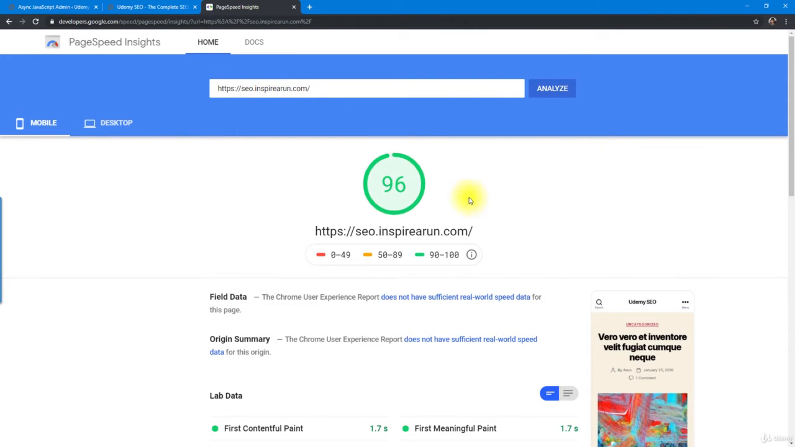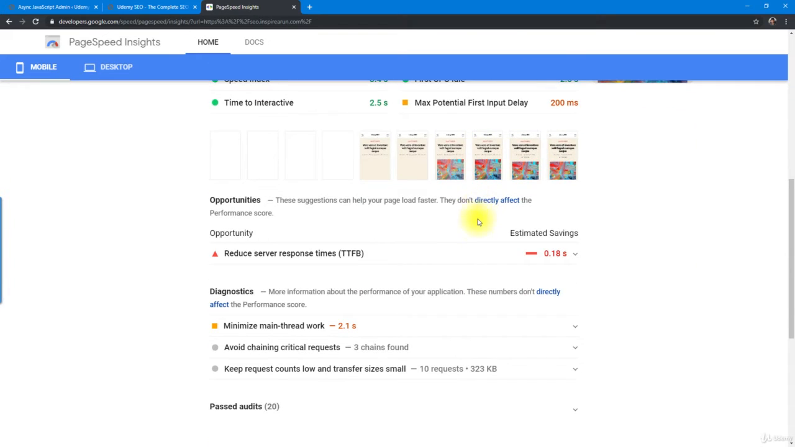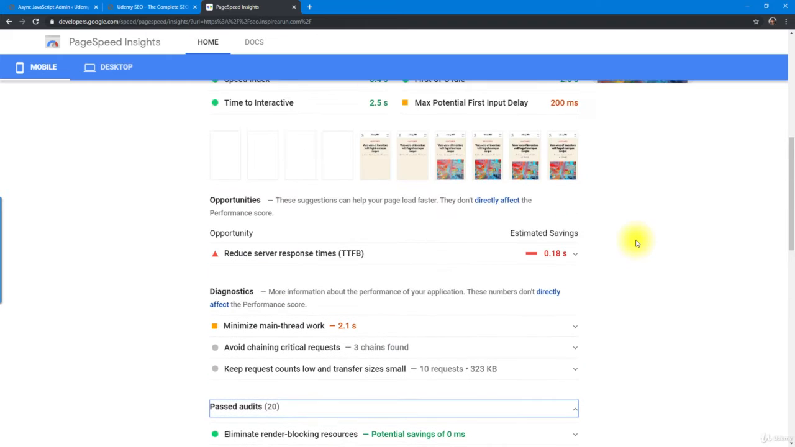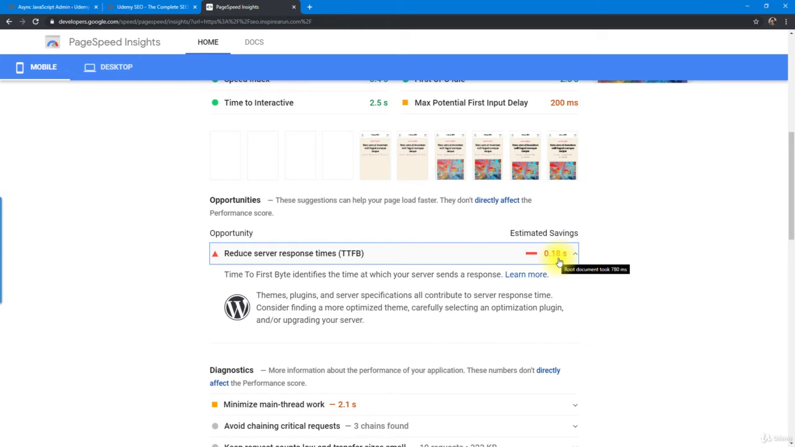See, now we have got 96 from the previous score of 95. And the previous opportunities, that is to make those A3 lazy load and jQuery JavaScript files non-render blocking, have got into passed audits. The only issue now is reduce server response times, and it's just 0.18 second of opportunity